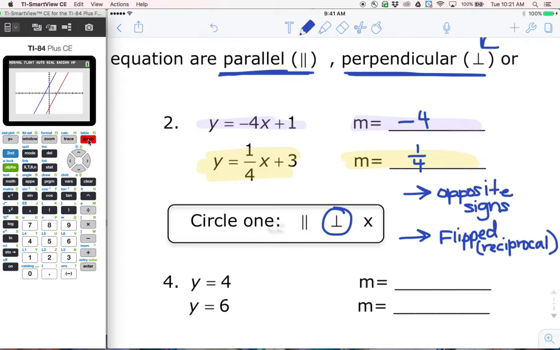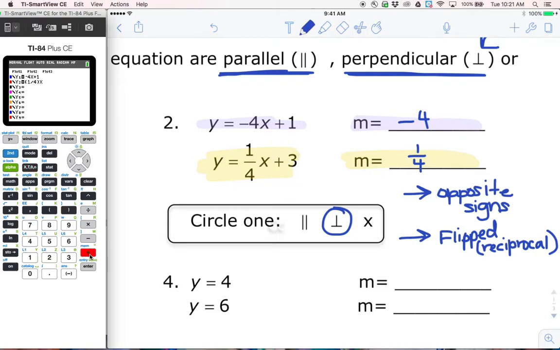Some teachers tell you to always take the slope that's opposite reciprocal. Sometimes you might also hear me say flip it and switch it, right? Flip it over, switch the sign. So those lines are perpendicular. Now, in your calculator, it might be a little bit tricky. I want to show you guys something. When we put in these new equations, just to check, -4x plus 1, and then the second one is going to be 1/4 x